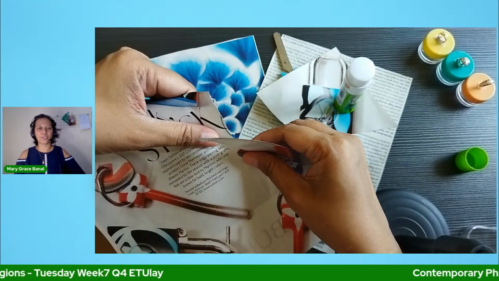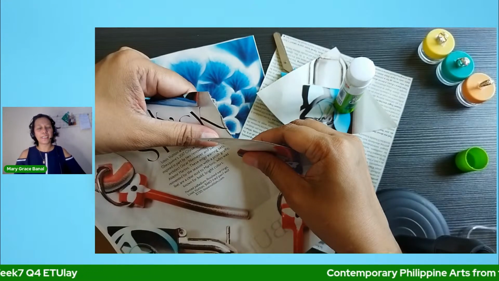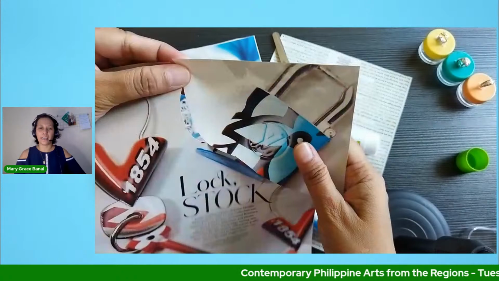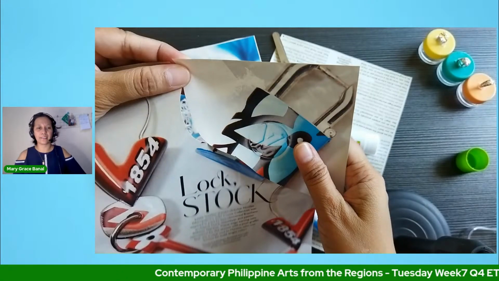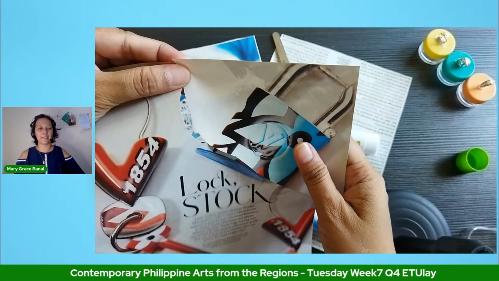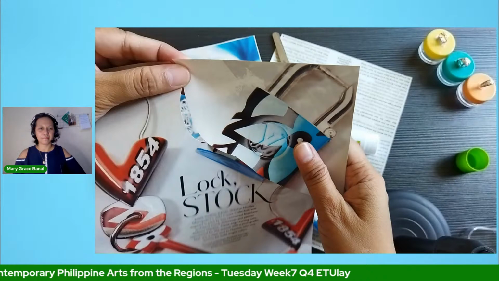Okay, so there you go. So this is how you tear the paper na gagamitin natin sa ating pagko-collage. Again, sa outer part pa lang nung ating box. Okay, so ayan. Moving on. Our next video will show us, okay, kung ano ba yung mangyayari na. So ano ngayon kung meron na tayong pop of color.